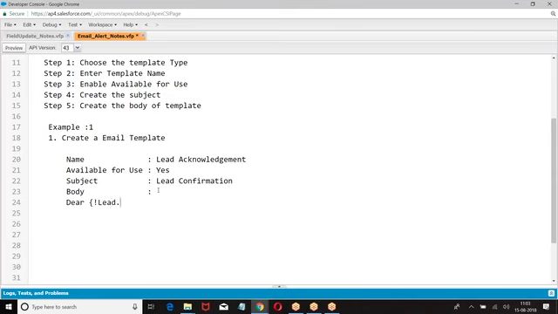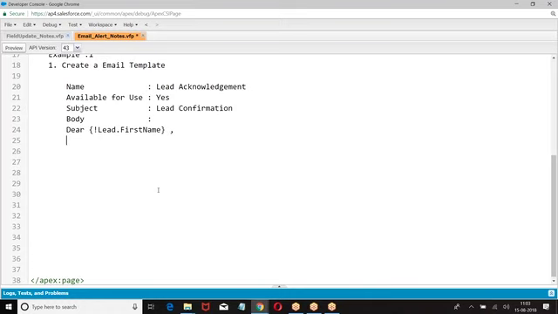Because it's a lead, lead dot first name is a merge field. Whichever lead we are sending to, that lead record is included here. Dear lead dot first name,